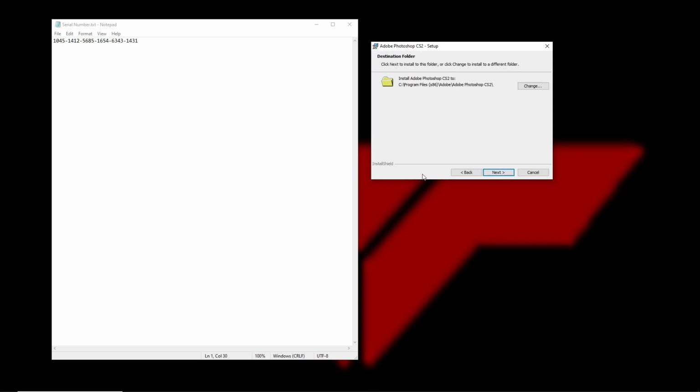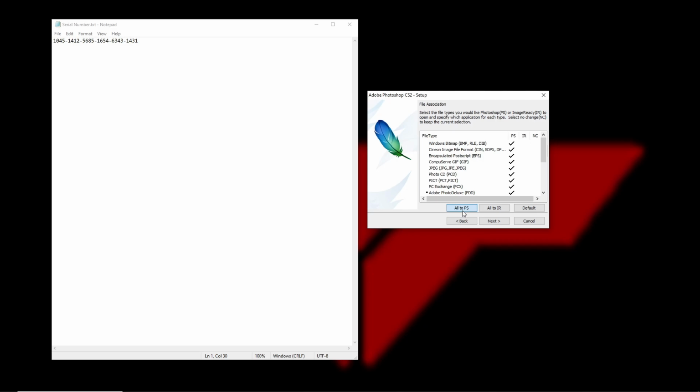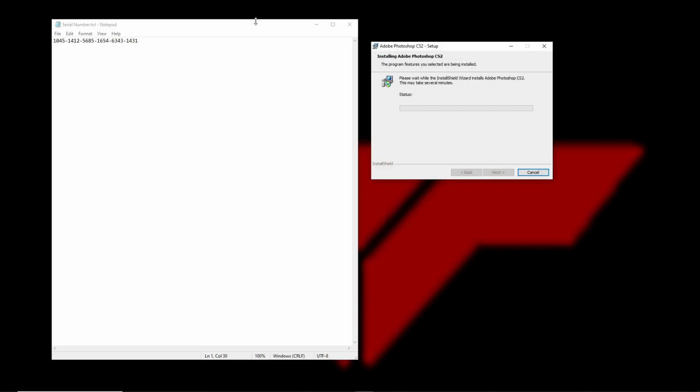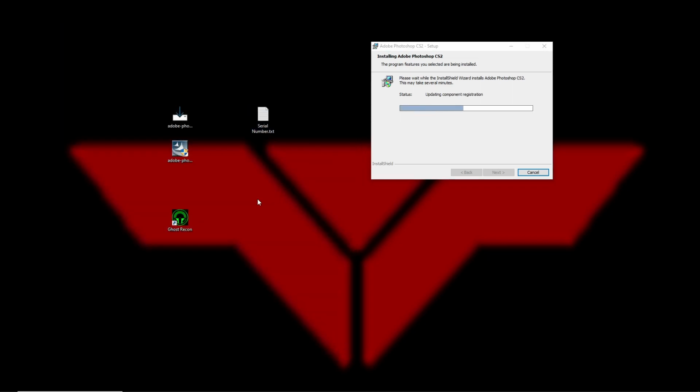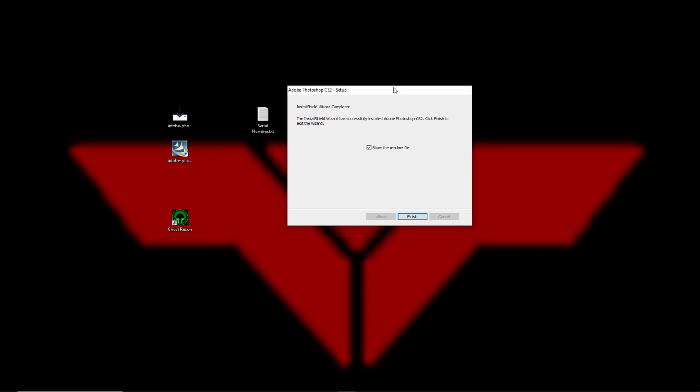But then you hit next, install to wherever you want. This, I just hit Alt to PS, not sure what that does. Nothing crazy happened, and then you install it. There we go. And now, when it's done, do not launch it yet, because there's a registration file you gotta get rid of